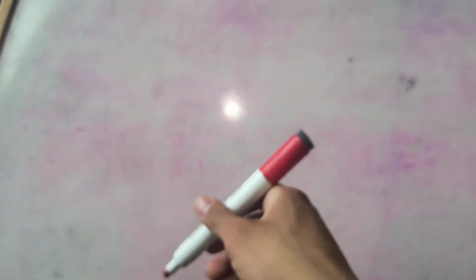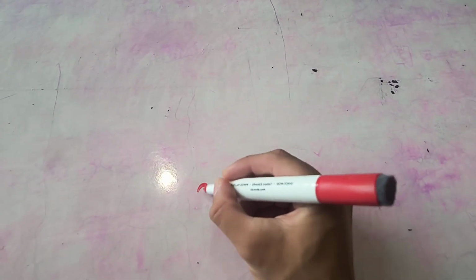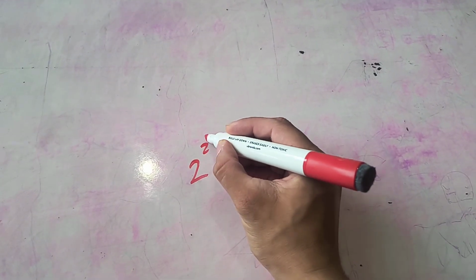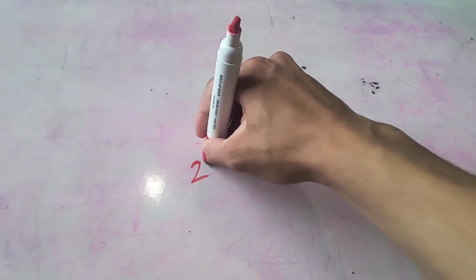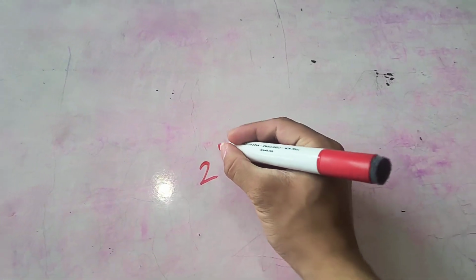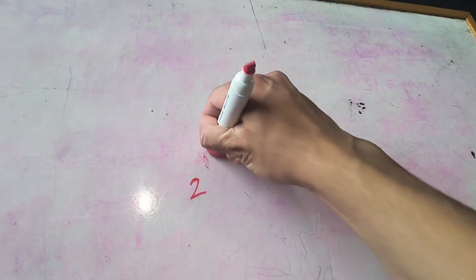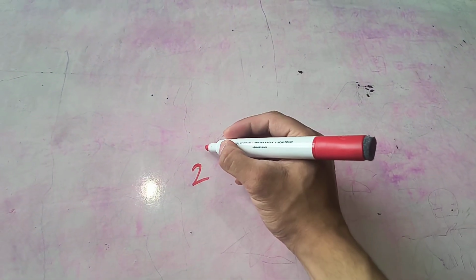Okay, let's talk about exponents of negative numbers. So what are exponents typically? Well, exponents are things like 2 to the power of 2. This is the exponent, the thing you're raising the number to. Another example would be to the power of 4, or maybe to the power of 1